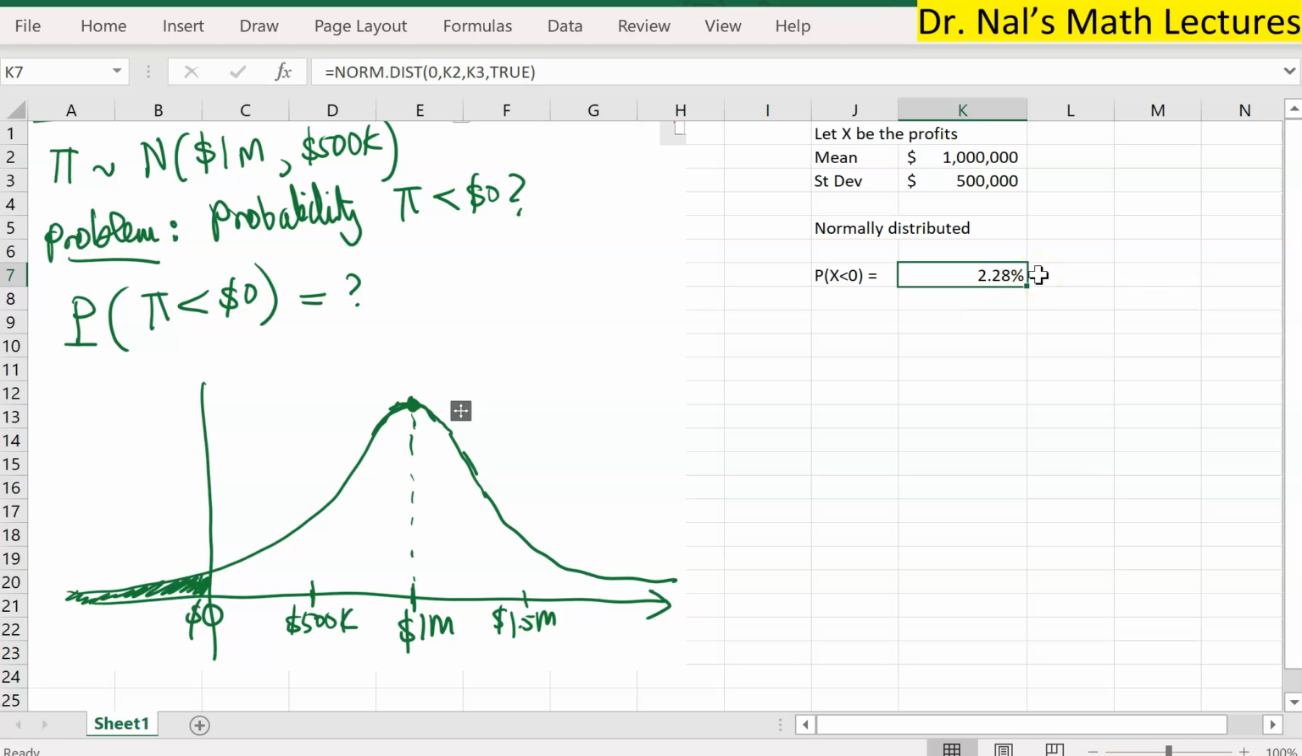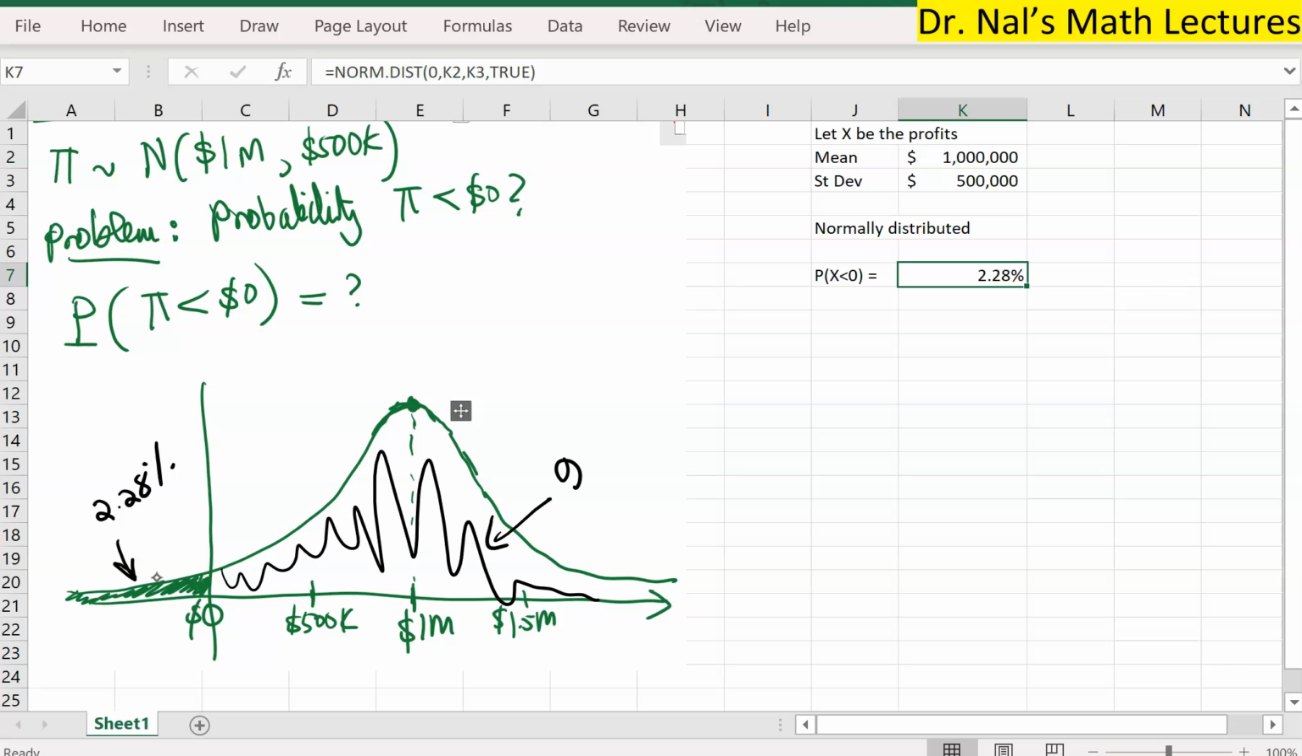So the chances that this company will make a loss is very slim. 2.28% chance. Every 30 or 40 years or so, the company will have a bad year. But in general, 39 of the 40 upcoming years will be good years. So the area in this tail as a result is only 2.28%. So this is where the majority is. 97.72% chance the company will have a positive profit. Yeah, that's a very straightforward application of